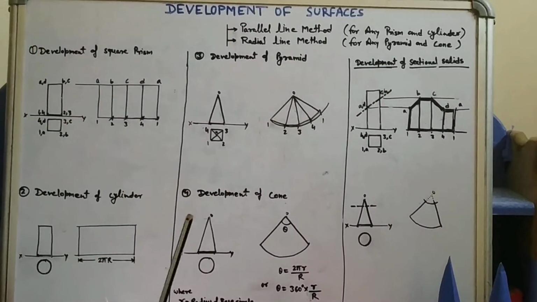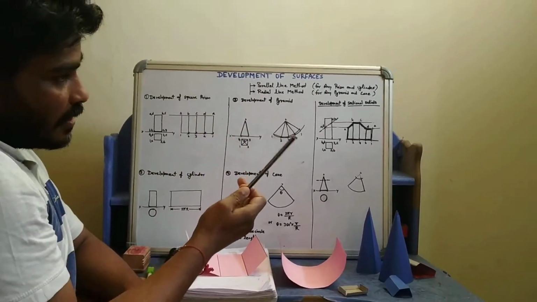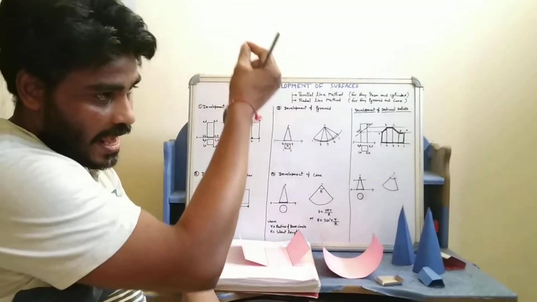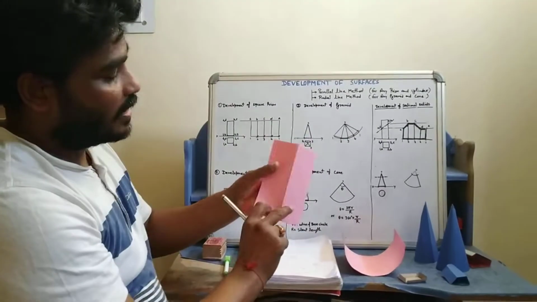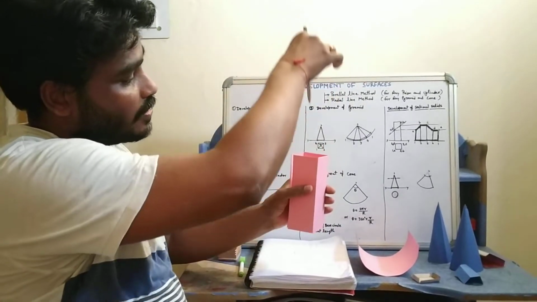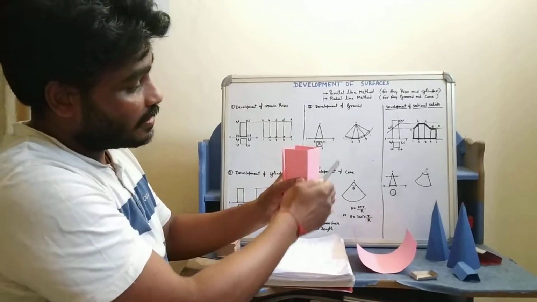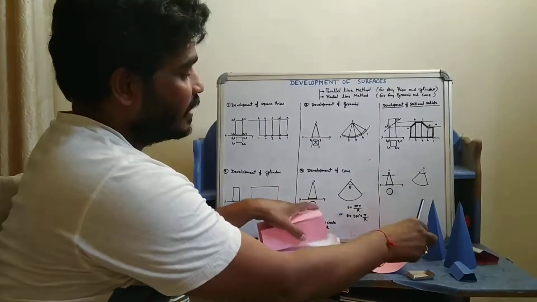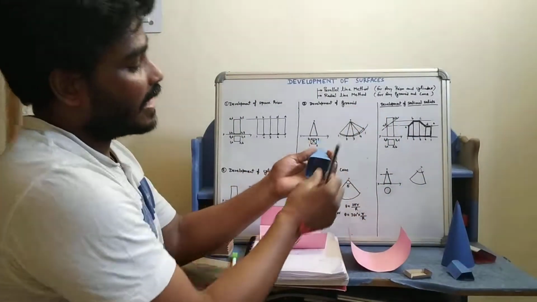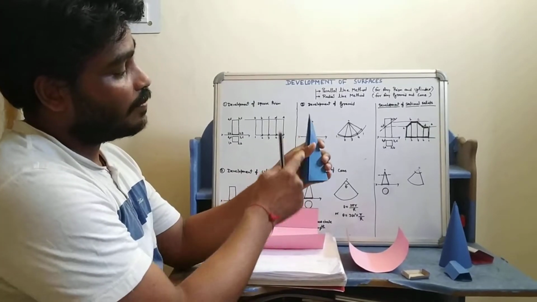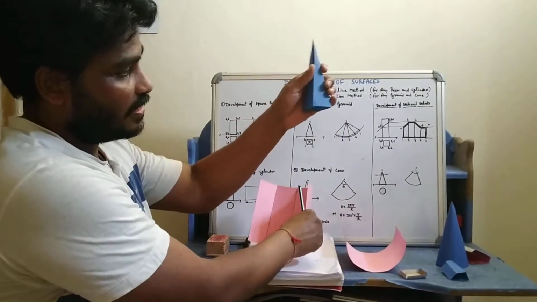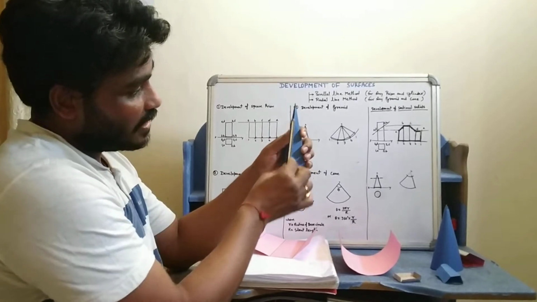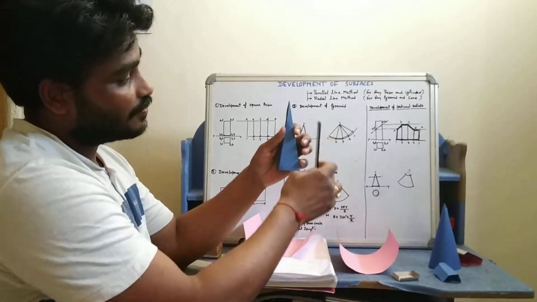We already know. In other way we can also say parallel line method is used when the axis of the solid, suppose this is a solid, when the axis of the solid is parallel to its side faces, then we will use parallel line method. And when there is a second solid, this is a square pyramid, this was a square prism and this is a square pyramid. In case of a square pyramid, the axis is not parallel to its side faces,